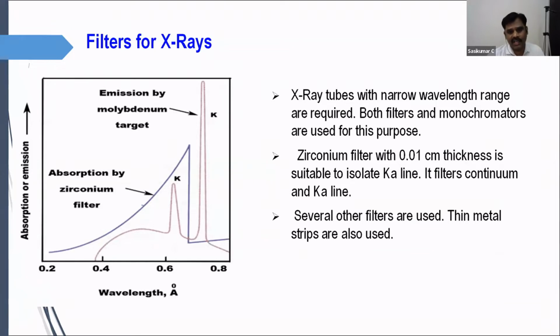Already we have seen that when you generate X-ray, K alpha radiation will be coming up, K beta radiation will be coming up, even K alpha 1 and K alpha 2 will be coming up. So we need to filter out so that a single, monochromatic wave can be used so that our analysis will be better. Now, how to do this? We need to use filters. So filters, for example, zirconium, if you are using,